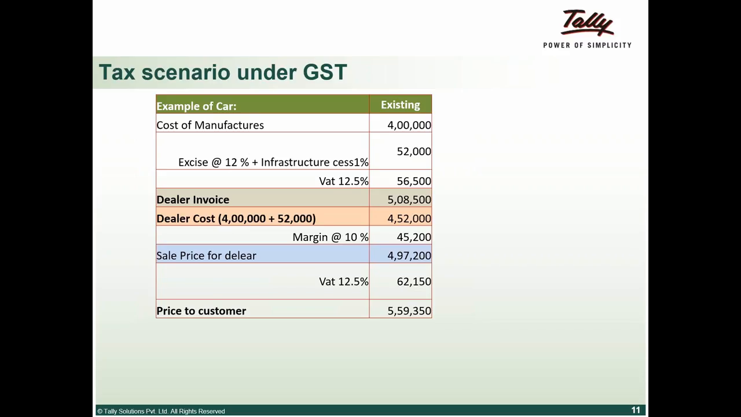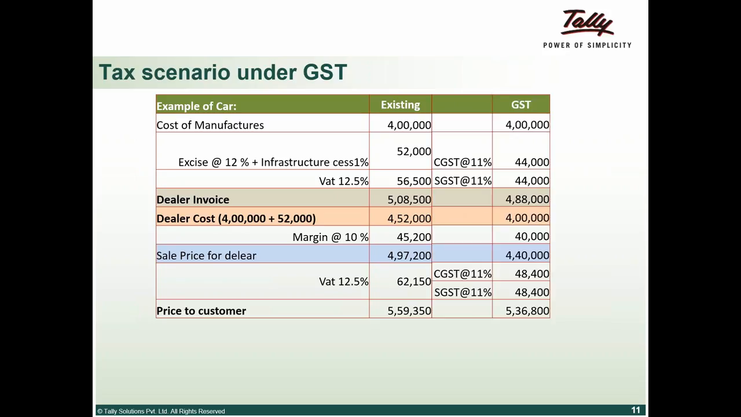5,59,350, right? Now taking the same example, taking the same values, we will see how we can envisage it. Now this is just an indication, because the rates have not been finalized and the rules also, we need to get more clarity on these things. Maybe slight changes could be there because of the change in the rate, but it's just an indicative scenario that we have built up under the GST. Taking the same thing, the cost of the car is going to be 4 lakh rupees,